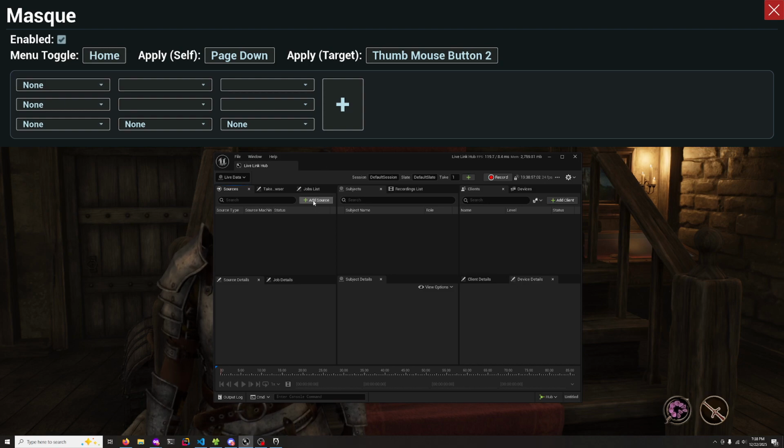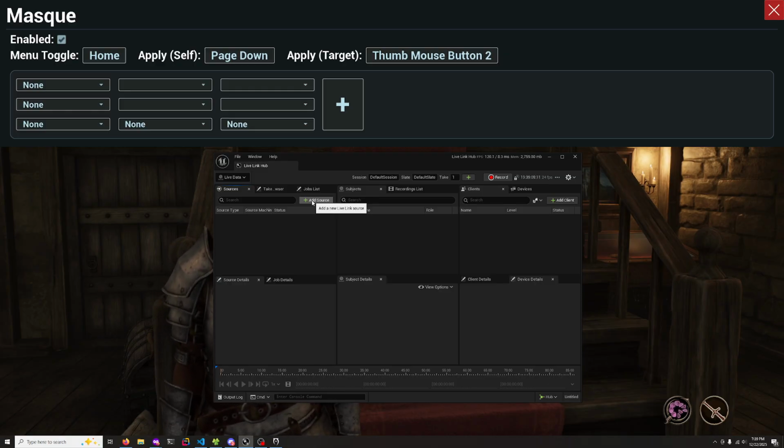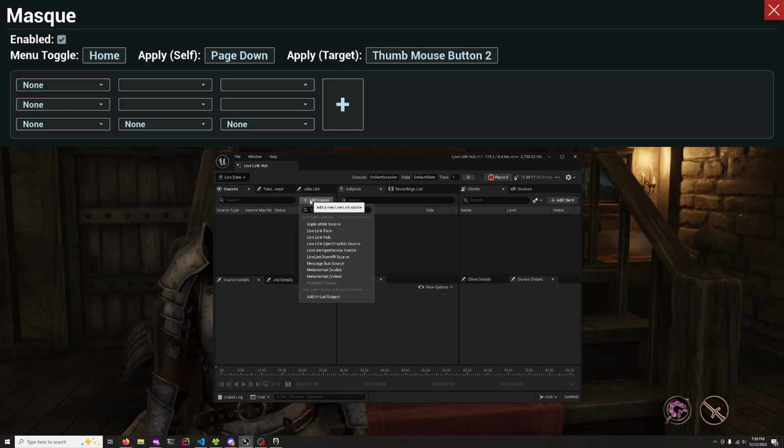All right, let's talk getting mocap data into the game from LiveLink Hub or from the Unreal Engine. Either way, it doesn't really matter. You're going to have the same kind of user interface that lets you add LiveLink sources from a selection of options and basically get that data ingested into the game. So you're just going to start here very simply, go to the Add Source button, and you'll click, and you'll